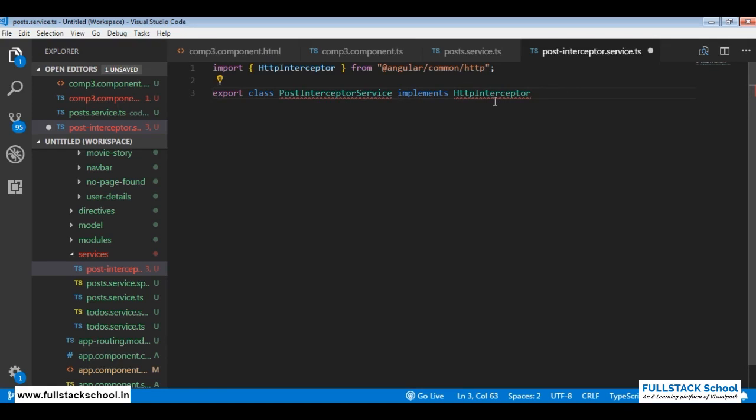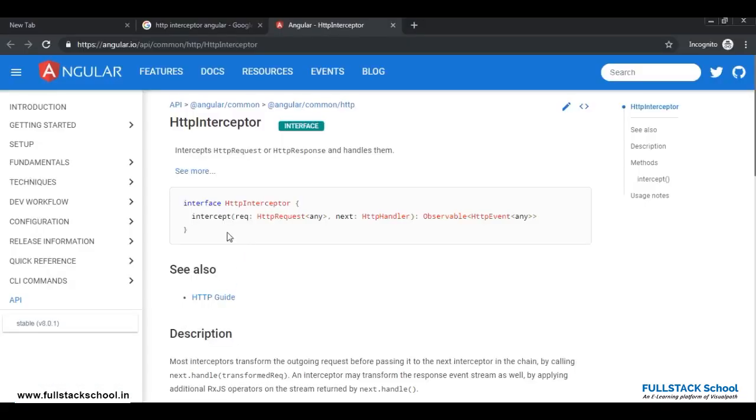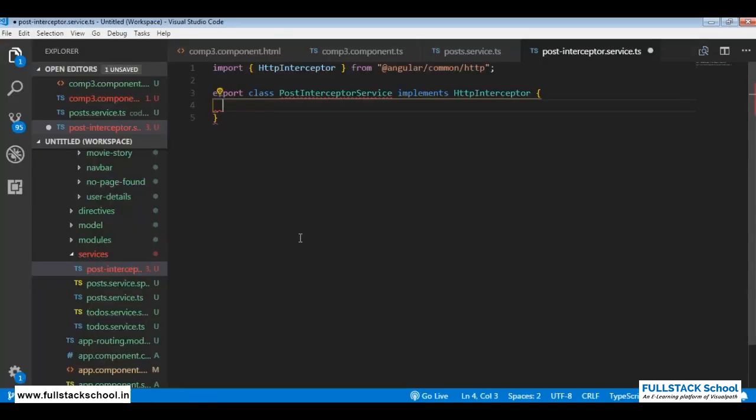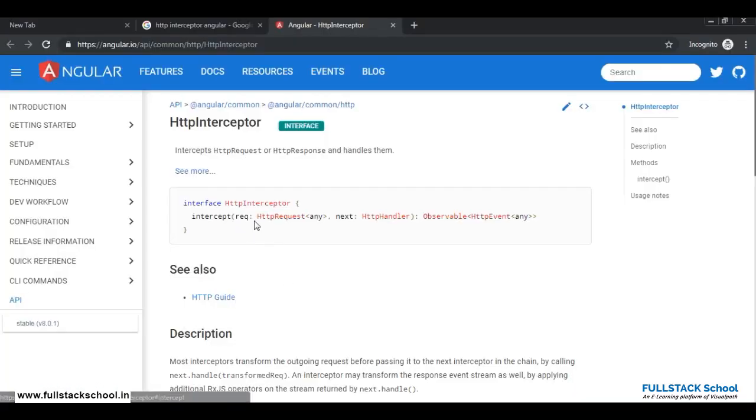Okay, now when I do this, I'm supposed to override a method. When you're using an interface, you are supposed to override a method, and that method is none other than intercept. So I'll say intercept, and I need to pass the arguments, which is request of type HTTP request,